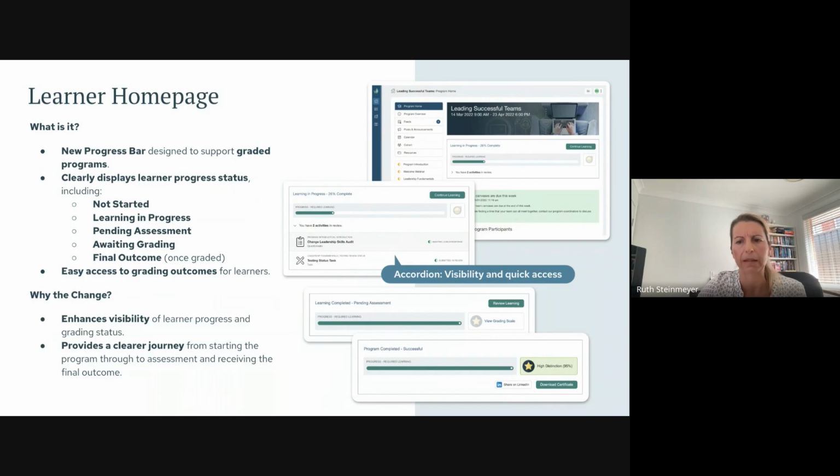So if you look at this example here, you can see that I've got 2 activities in review, and I now have this accordion here that allows me to find out exactly which activities are in review, and I can even click on them to go inside the activity in the program. And then additionally, for graded programs, we added a quick shortcut to the grading scale. And again, the goal here is to give learners a much clearer view of their progress and their grading status, so they basically know exactly where they're